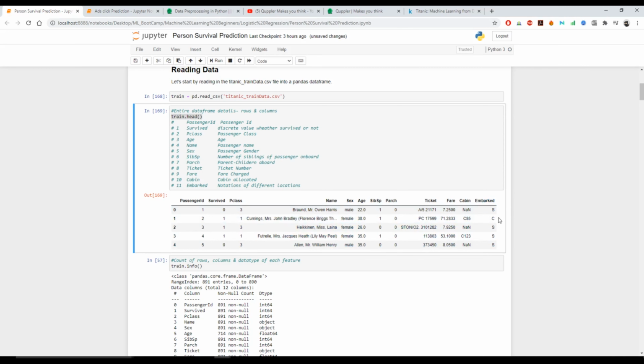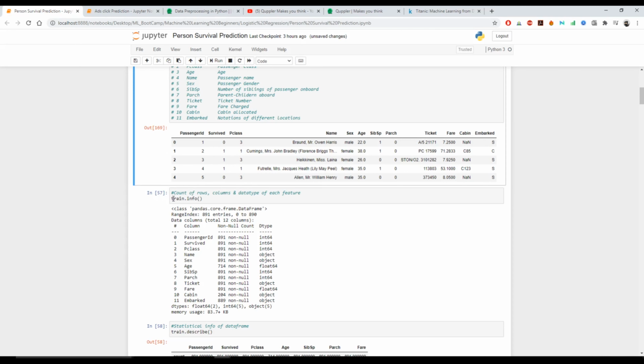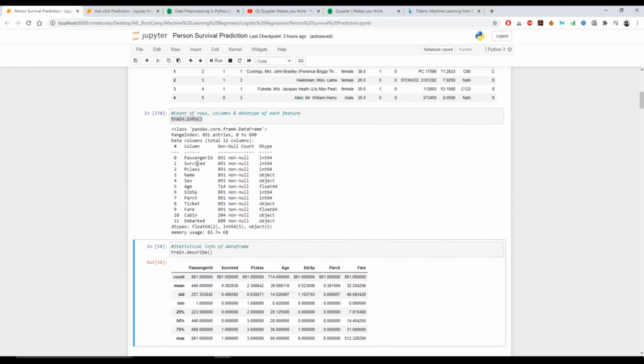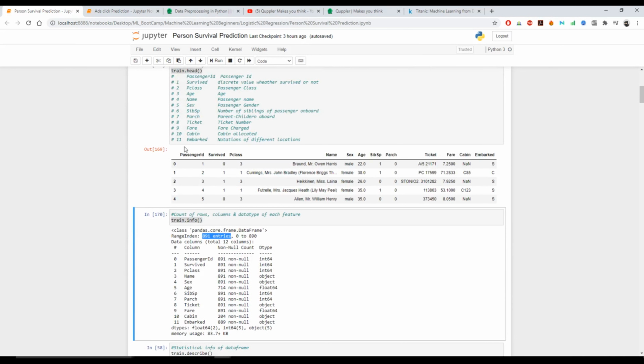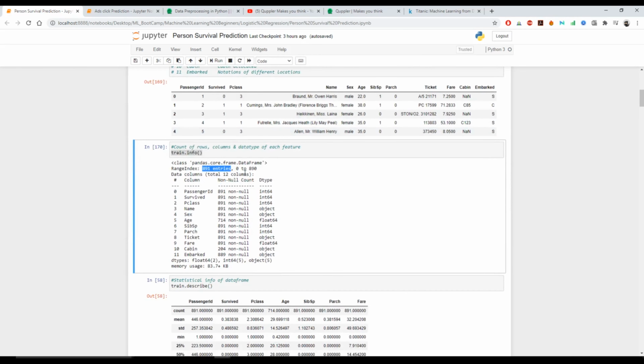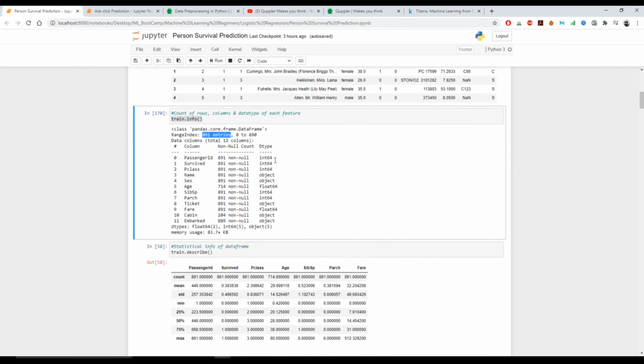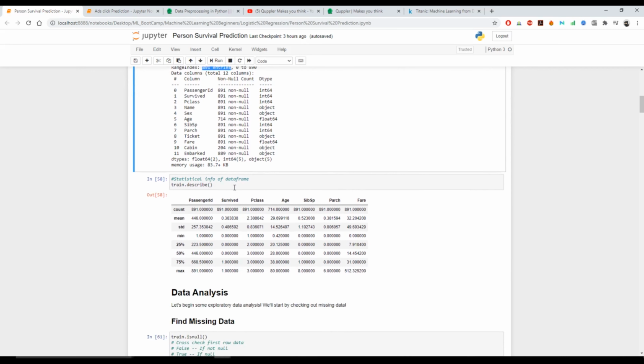Now once you have that, you need to do train.info to see the number of rows and columns of the data frame for each feature. Once you do that, you see there are a total of 891 entries for that data set, from 0 to 890, and you can see the data type of each of the columns. If you want some statistical information about the data frame, you can go ahead and do train.describe.